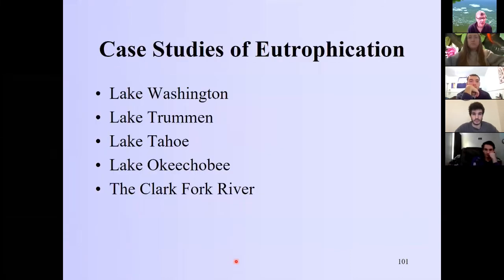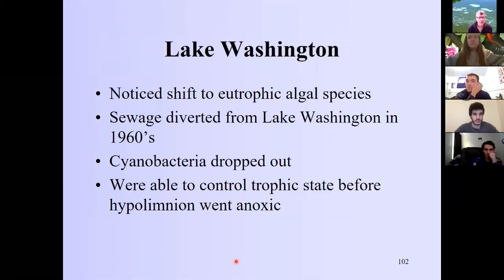So we're going to talk about some case studies of eutrophication. We'll start with Lake Washington, a classic, and go through some of the other lakes that we're talking about. So the first one's Lake Washington, and here